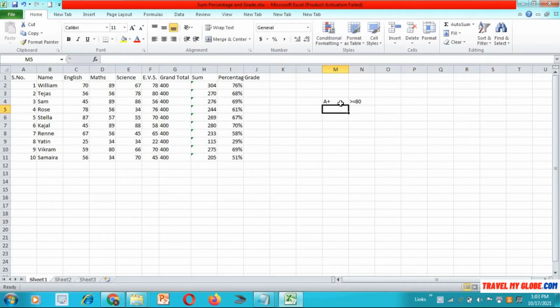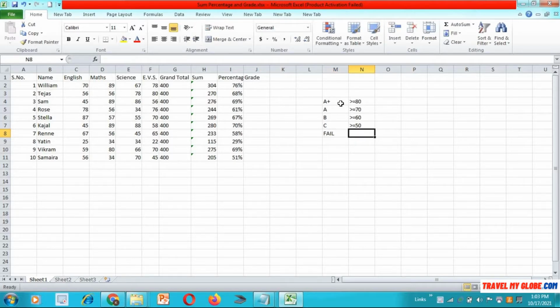And you want to give grade A to the student who has got marks greater than or equal to 70, and grade B if the marks are greater than or equal to 60, and grade C if the marks are greater than or equal to 50, and if